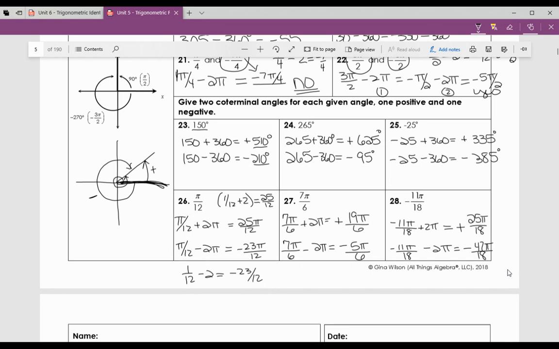Okay. Any questions about that? Now, the next page you can't tear off because you need the back. So, actually, yeah. The next page, it says Unit 5 Trig homework. What I would like you to do is just take out a blank sheet of paper, and I need you to give me all of the even answers. I do not need any of the odd problems. I just need 2, 4, 6, 8, all the way down through 18. When you are done with that, you can put those